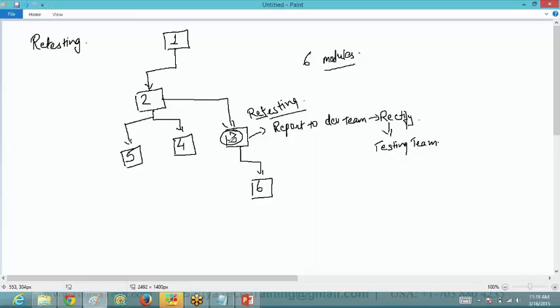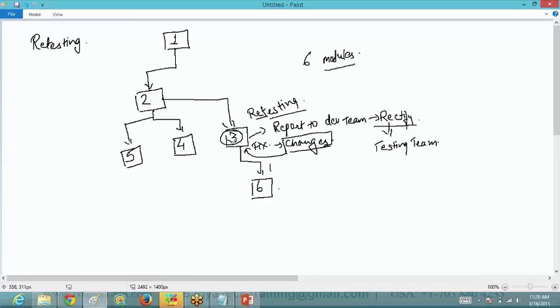But it may also be the case that, because the developer has to make some changes in the code to fix the error, those changes work fine for this module, but they may have affected the dependent module.